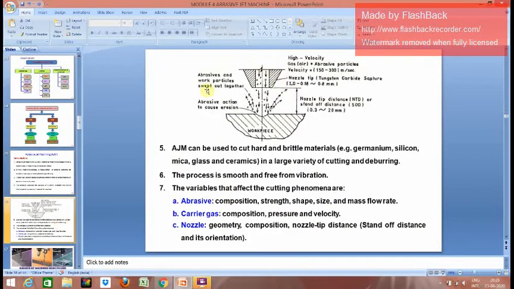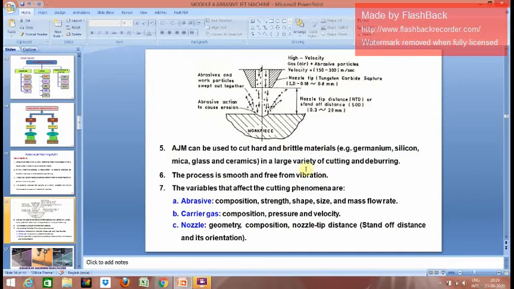Next, you can see the diagram of the abrasive machine. Rather, you can say this is a layout. How do the abrasive particles in the abrasive machining setup work? Here you can see the abrasive and the work particles swept together. Then abrasive action is caused on the surface, by which the unwanted materials are removed from the surface with the help of this erosion process. Here the velocity is approximately 150 to 300 millimeter per second.